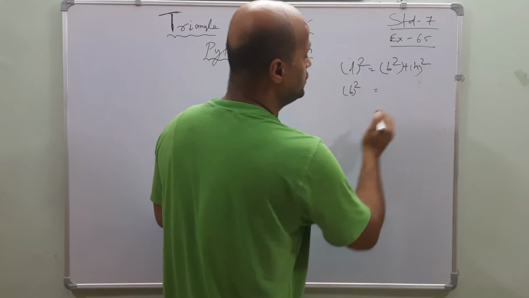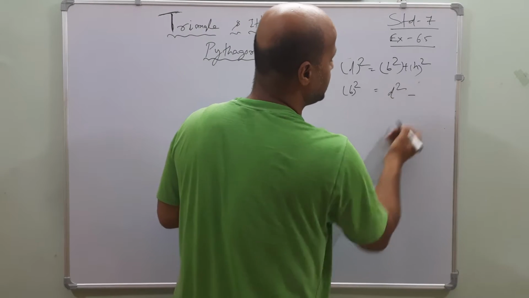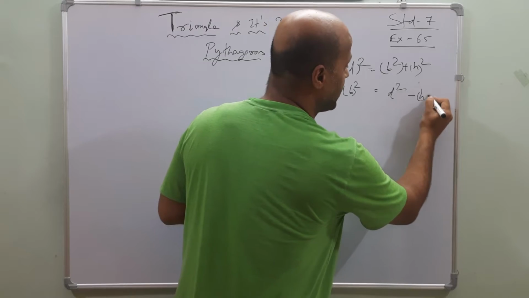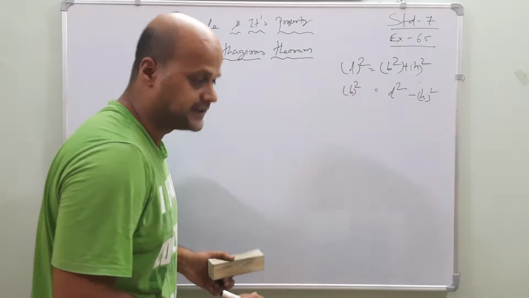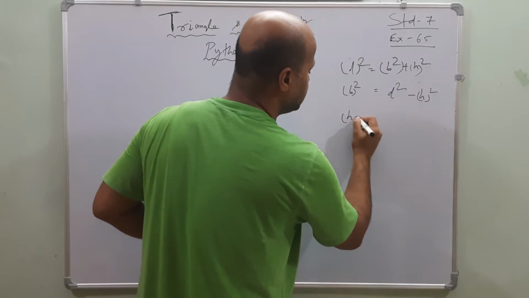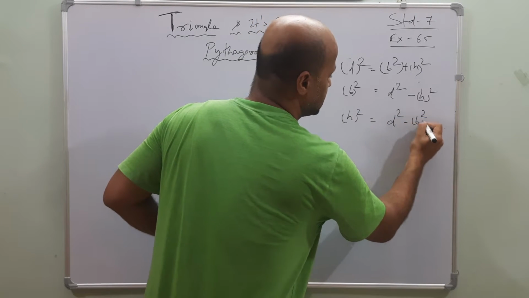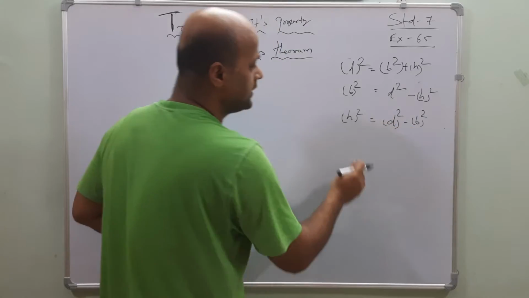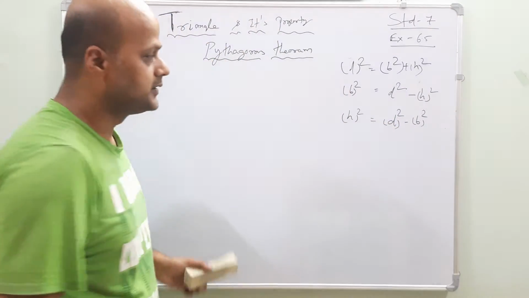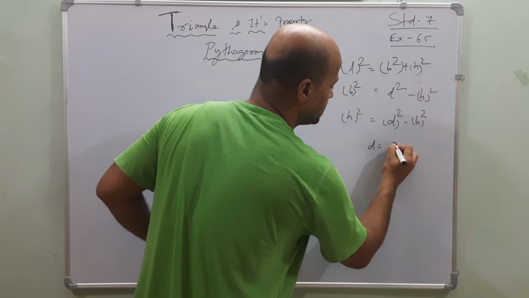B square is equal to diagonal square minus height square. Here h is for height. If height is asked, the value of diagonal and base will be given, and then you can easily find the height. So here D is for diagonal